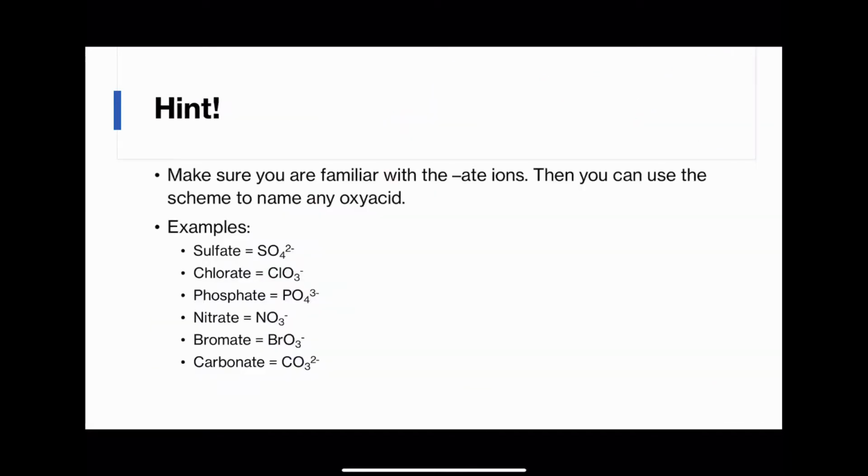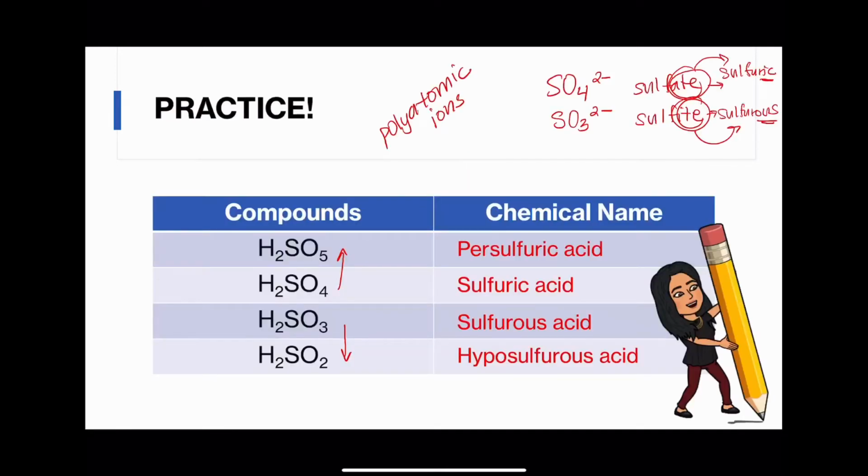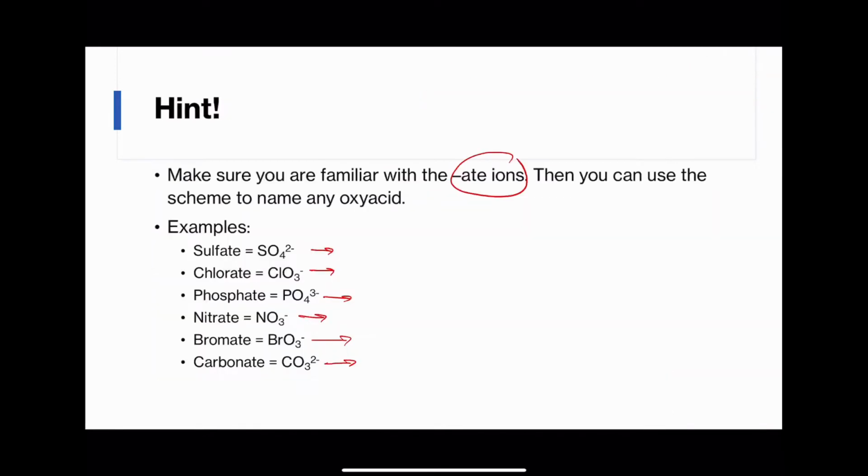So here you are again. Like I said, here's your giant hint. You need to be familiar with the "ate" ions, and you can use this as a scheme to name any oxyacid. So all of these are "ate". If I were to change all of this over to the next step, it would be "ic". So we'll have sulfuric, we'll have chloric, we'll have phosphoric, nitric, bromic,